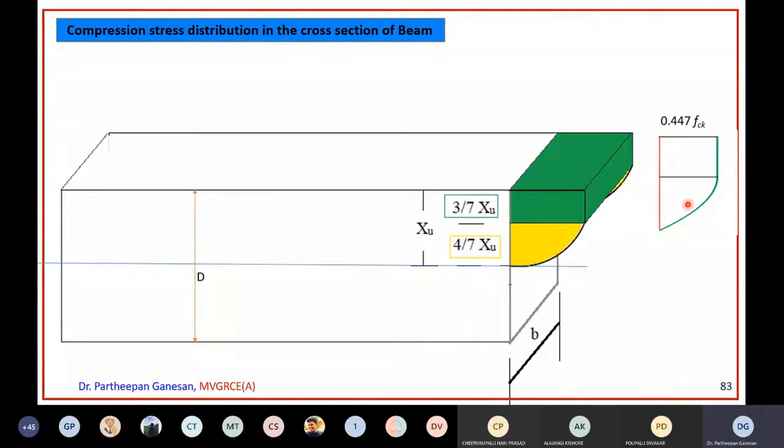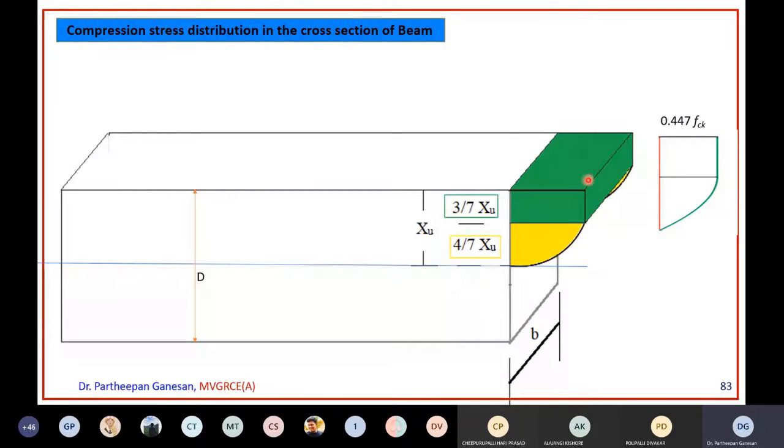This stress distribution acts in the cross section of the beam. This one is the neutral axis, that is why it is called the neutral axis. Below that there is no stress taken by the concrete, because below this neutral layer is all tensile zone. In the tensile zone, concrete does not take any stresses. That is why there is nothing below it. But above the neutral axis, concrete takes a very active part in taking the compressive forces. So the total compression resisted by the concrete is this much only.